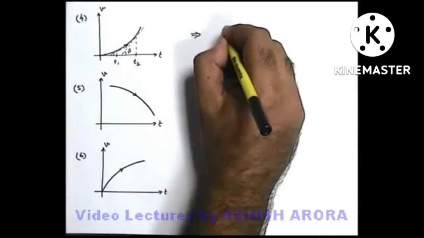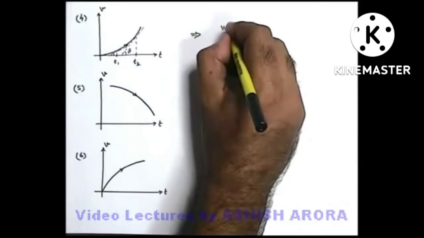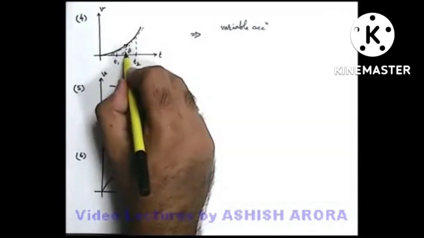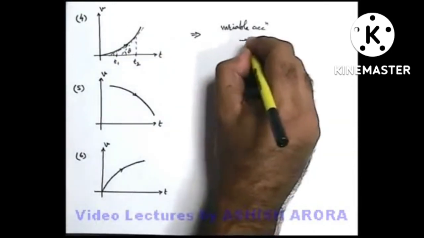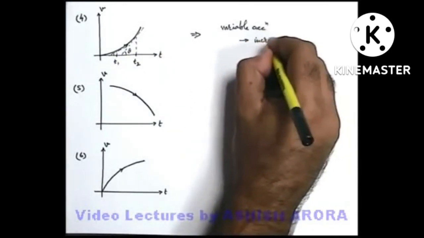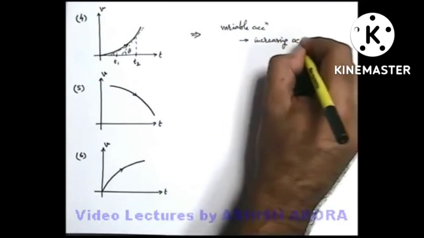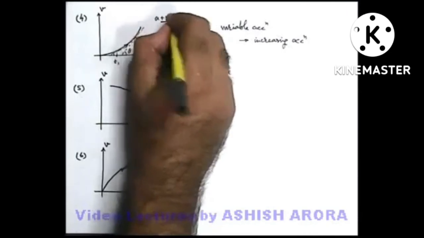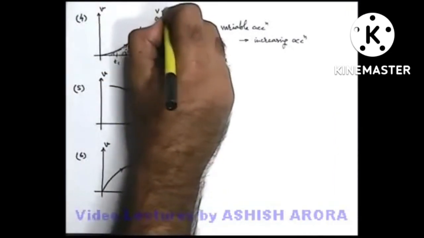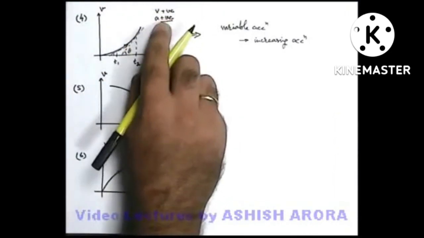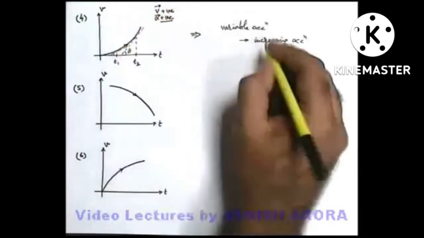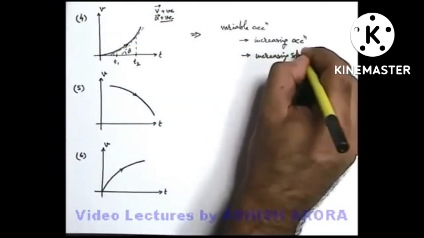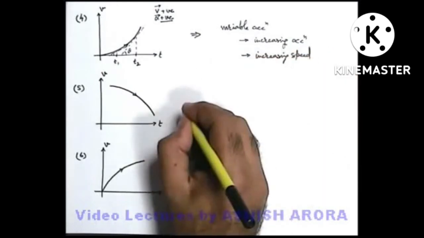That means this is the situation of a variable acceleration, and as acceleration is given by the slope, here angle theta is increasing, so we can simply state it is the case of increasing acceleration. And as theta is acute, acceleration is positive, and as velocity is obviously positive in this case, we can simply state both are in the same direction, v vector and a vector. So this is the case of increasing speed. Speed will continuously increase in this situation.